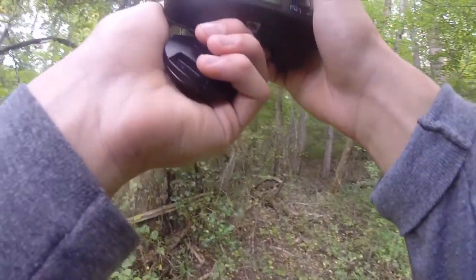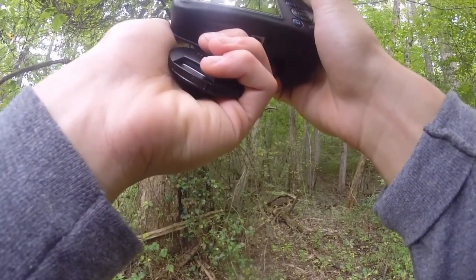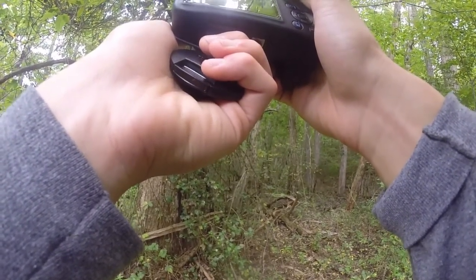Yeah, but we got a copperhead over here. It's so much more cooler. Oh, did you get one? Yeah, I will. Alright, well, looks like we're gonna let this guy go along his way after I get some